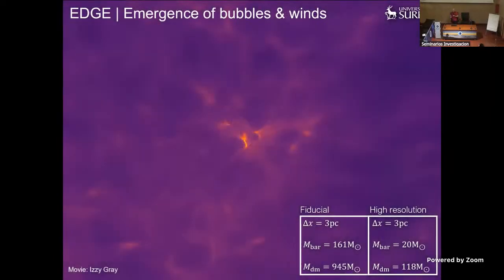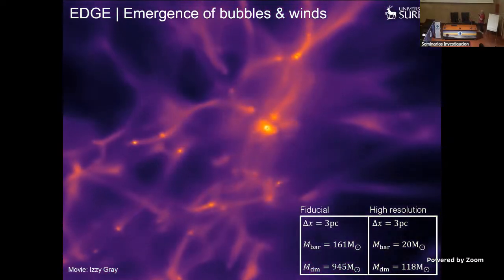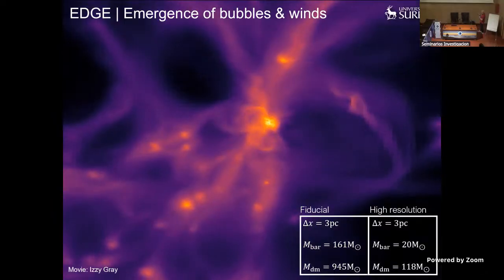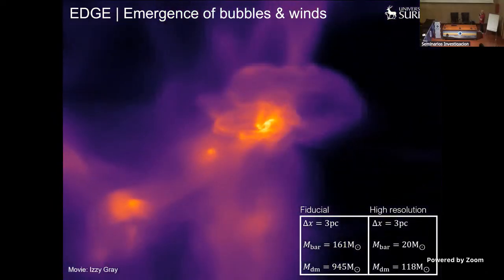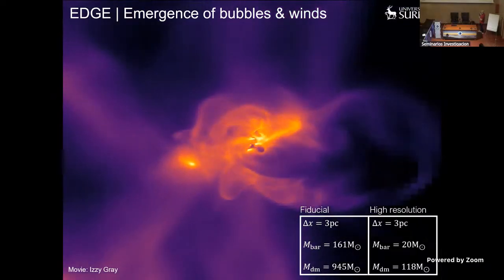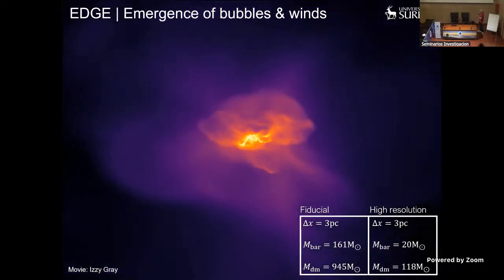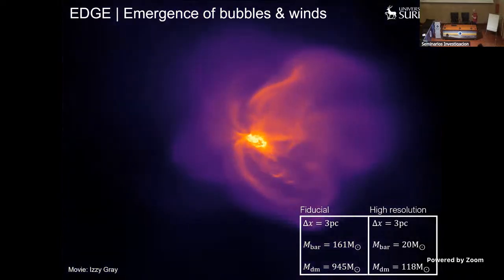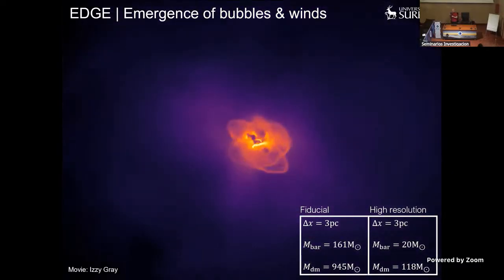What does it look like? All right, so I'll cut to the chase. This is an example of one of our EDGE dwarfs. We have our fiducial resolution here, 3 parsec spatial, baryonic mass resolution about 160, and then we have a higher resolution version where we go to slightly higher resolution in MBAR and much higher resolution in MDM for a subset of our simulations. This is showing the density as a function of time for our lowest mass dwarf that survives